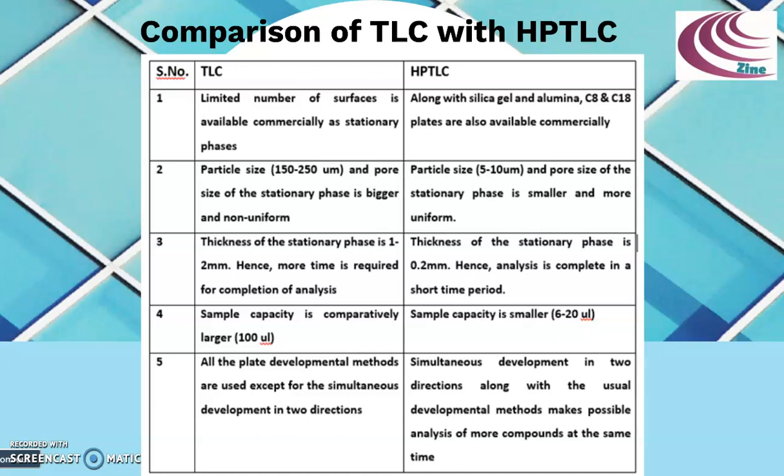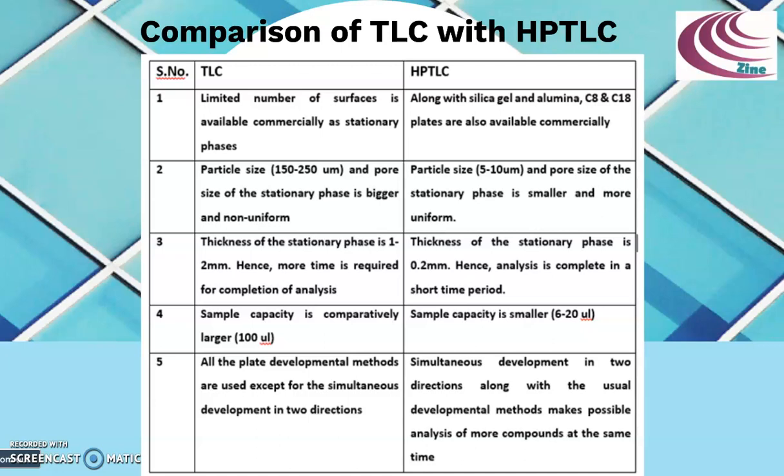This greatly reduces the time of analysis, that is 1 to 5 minutes per sample, and increases the performance in HPTLC. In conventional TLC, the solid support most widely used is silica gel or alumina. Recent developments in HPTLC have expanded the solid supports from silica to many bonded phases. This can provide a surface for reverse phase chromatography. Thus, in addition to silica plates, C8 or C18 plates are also available commercially.